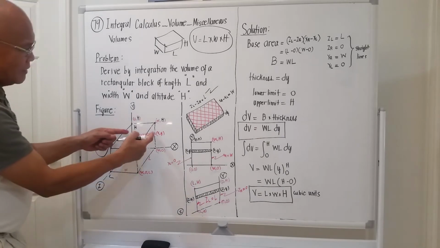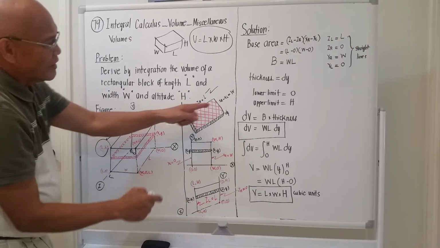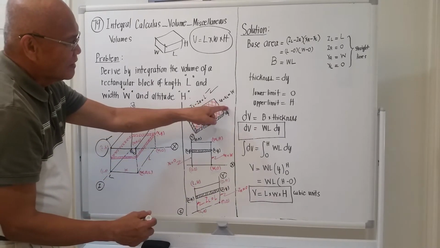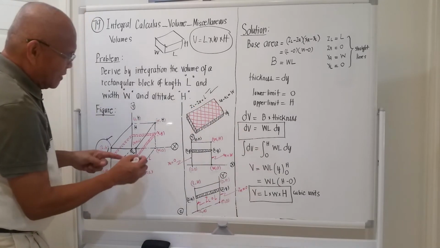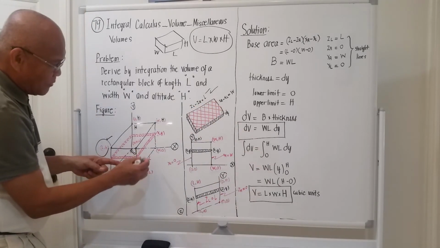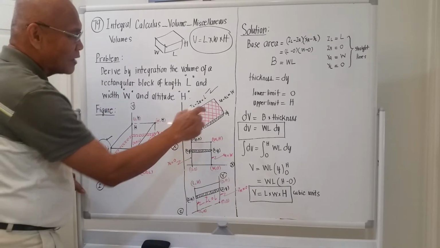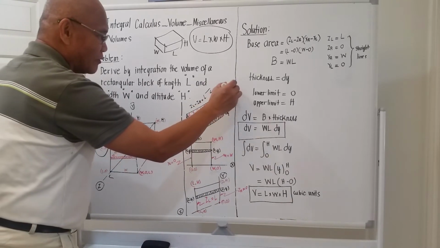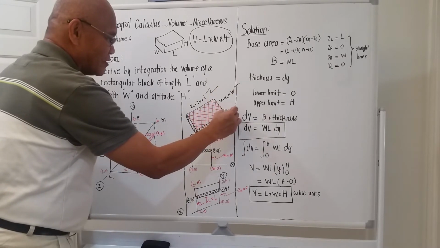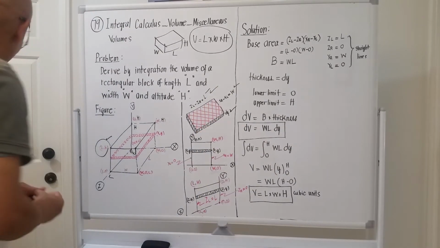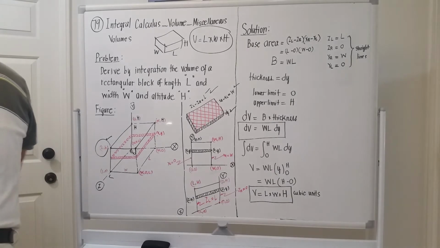And for this length here, it is XR minus XL. And luckily also, as this differential area moves from 0 to h, it does not change. So actually XR minus XL is equal to W. And the thickness is dy. And the proper way to derive this,